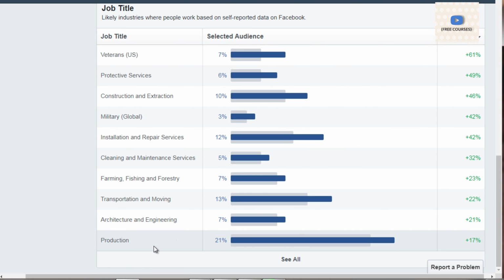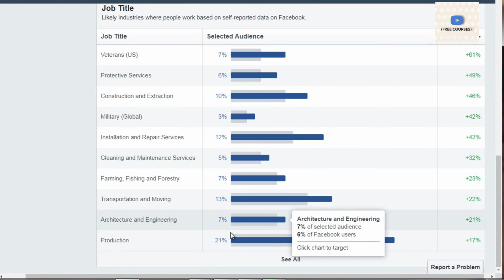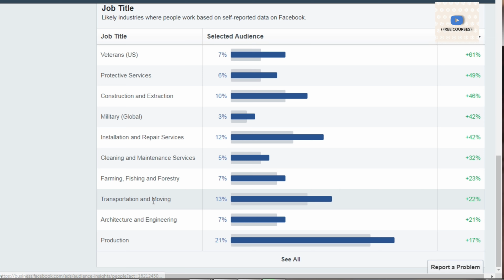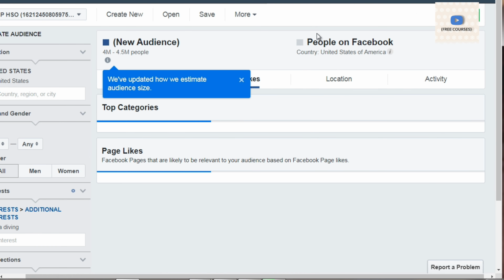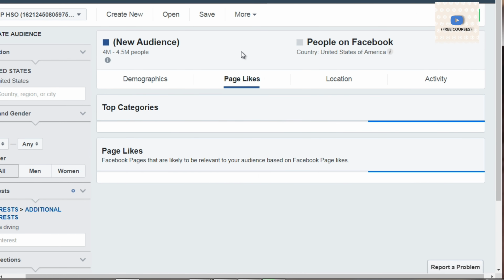Now we can see that production has the most. So it has 21%, and then it's got transport and moving 13%. So what this means is the people who are interested in scuba diving that are in this specific interest have this particular job title.